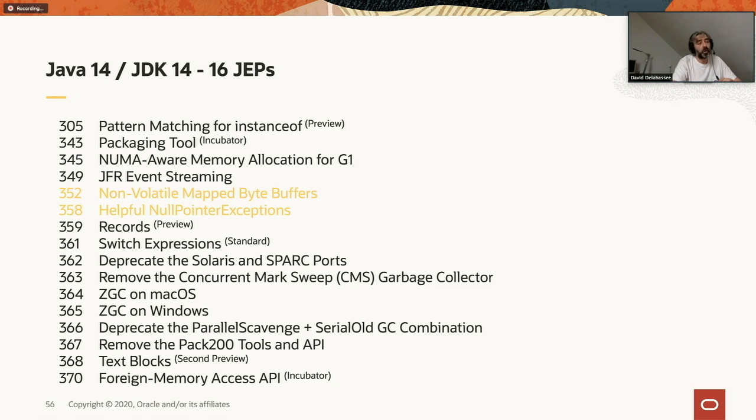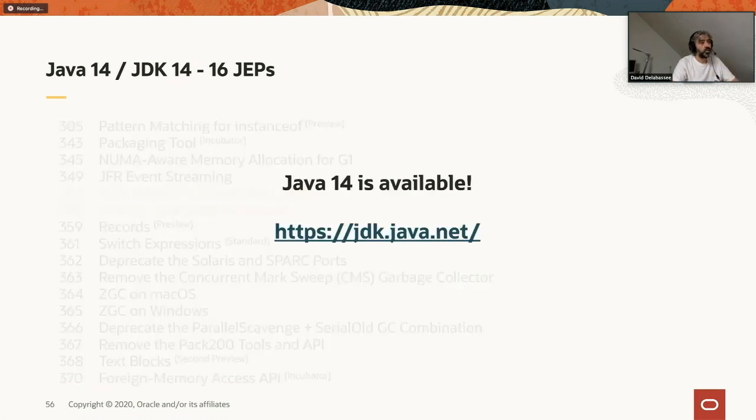When we remove something from the platform, we first deprecate it to tell the world that that feature will be removed in the future, and then later on it will actually be removed. So it's a multi-phase removal approach. And JDK 14 is available, so you should download it right now and give it a try.